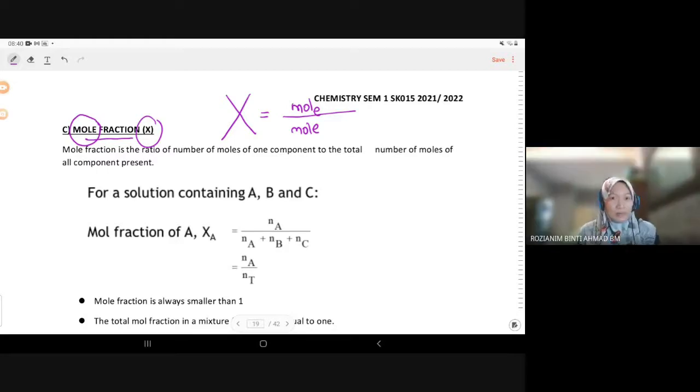Okay, siapa boleh jawab? Tak ada. Nama pun fraction. So bila fraction, pecahan, ratio, mole atas, mole bawah, tak ada lah unit. So ingat, mole fraction without unit. Tapi our main measurement adalah unit mole. So mole fraction belongs to the ratio, the fraction, ratio target mole yang kita nak, mole of one substance, component, kepada the total